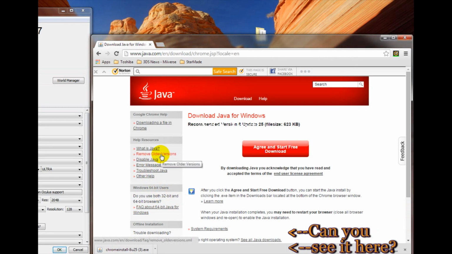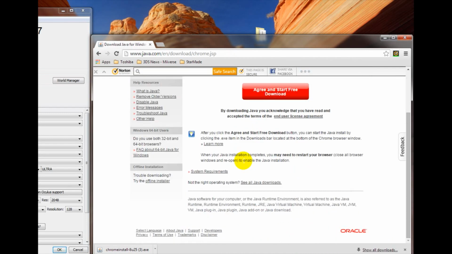You want to also remove older versions of Java, so make sure you can find the older version. You want to find the 64-bit version of Java. Now, why can't I find the 64-bit? Oh, wait, here we go. Not the right operating system. See all Java downloads. Click this. This is why I want to show you this, because it kind of got hung up on this